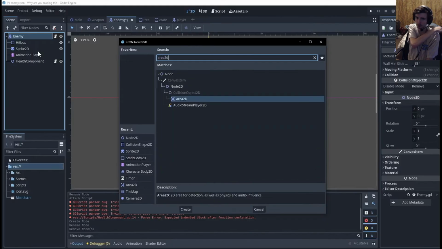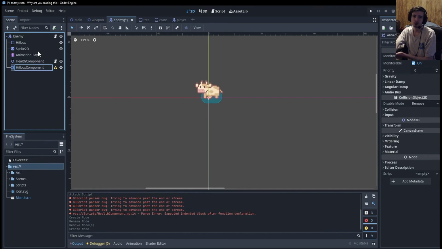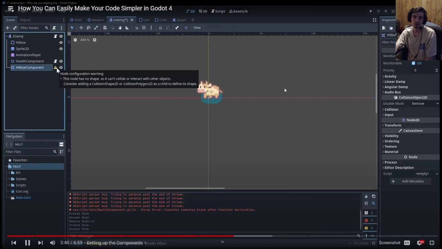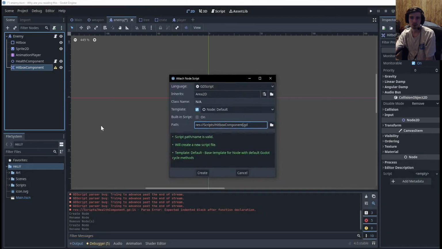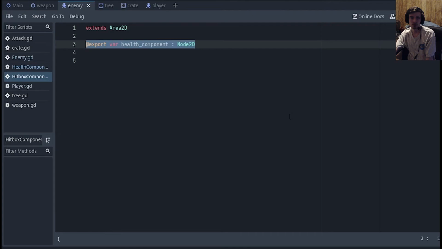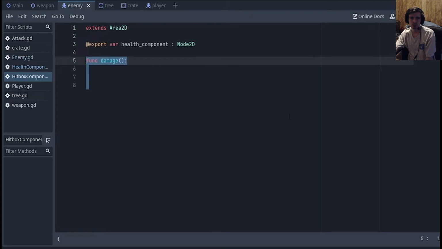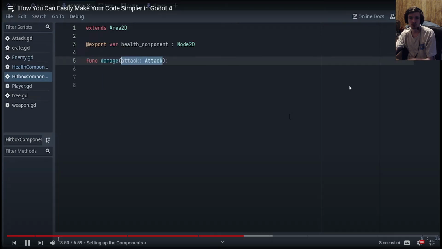Back on the enemy, we'll add a new area 2D object and call it hitbox component. You may notice a warning about the shape, but we'll get back to that later. We'll attach a new script to it. We'll start by exporting a health component variable, then add a damage function, also passing in an attack like before,